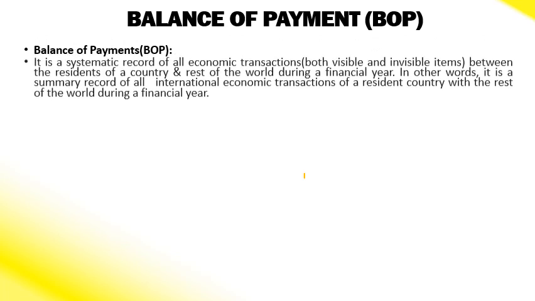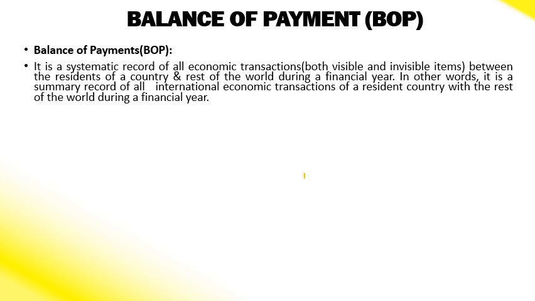It is basically a systematic record of all economic transactions, both visible and invisible items, that is goods and services. Visible means goods, invisible means services, between the residents of a country and the rest of the world during a financial year. So it basically talks about the record of all international economic transactions, that is export and import of goods and services. This one is visible and invisible items